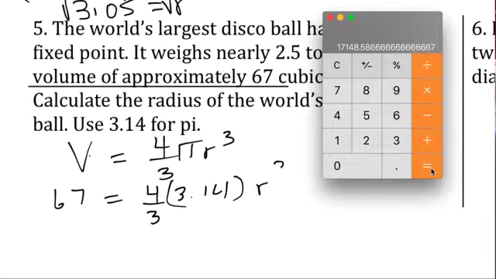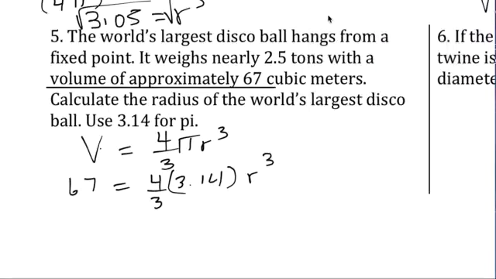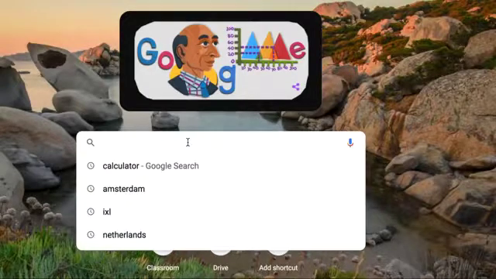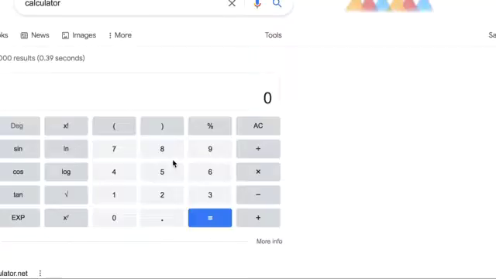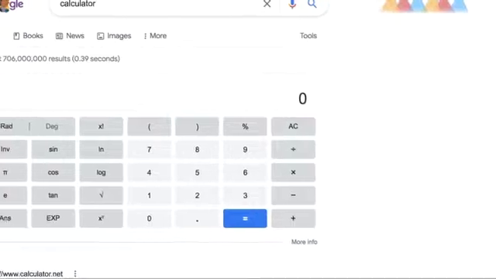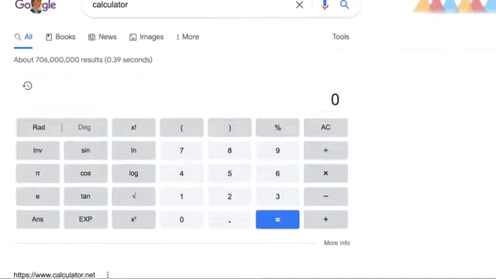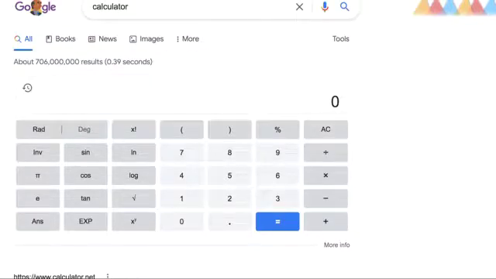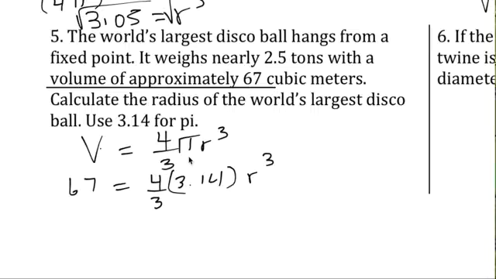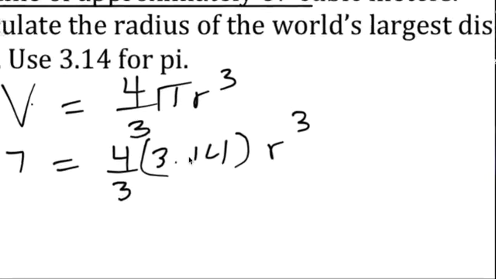Let me go on the internet and find a calculator with a cube root. Do they have a cube root on here? No, they don't. I'm going to use my calculator, they don't have a cube root on there. Okay, so we need to